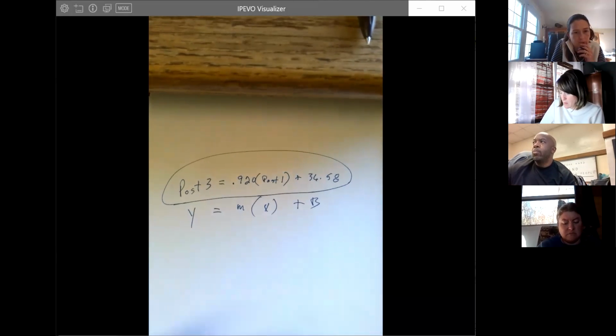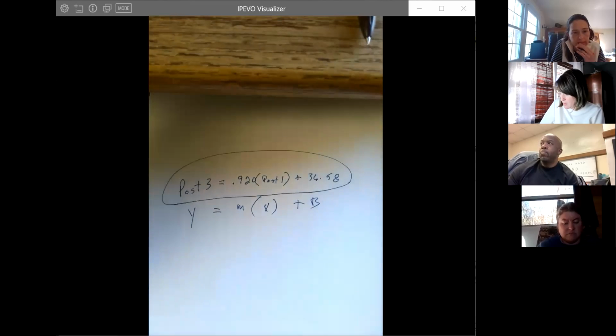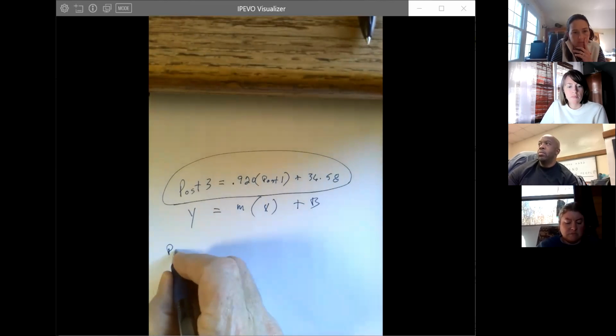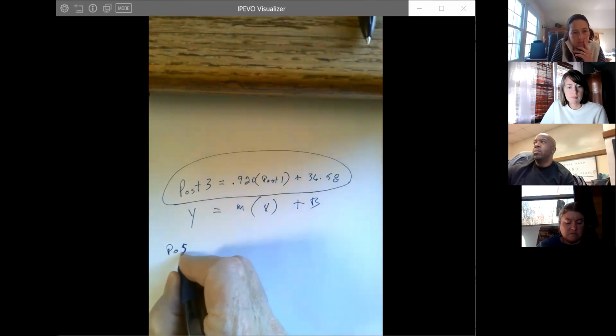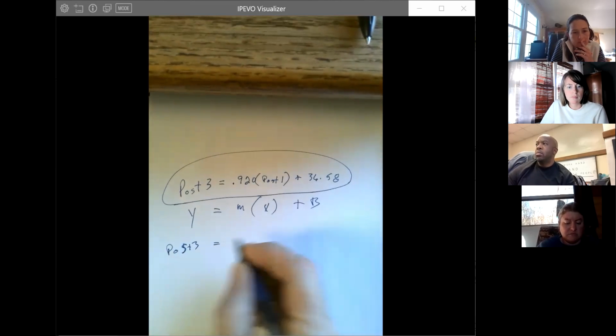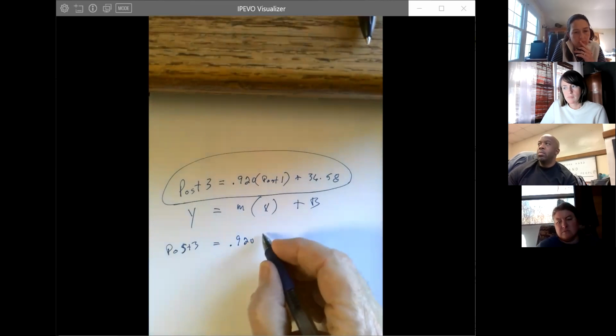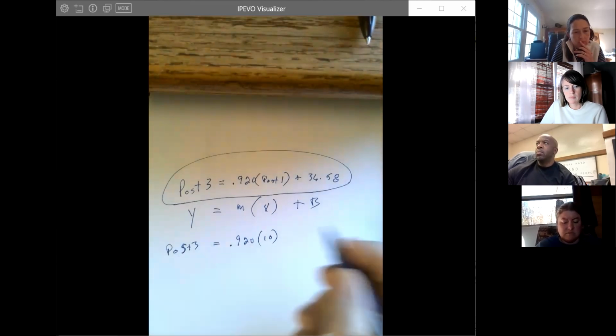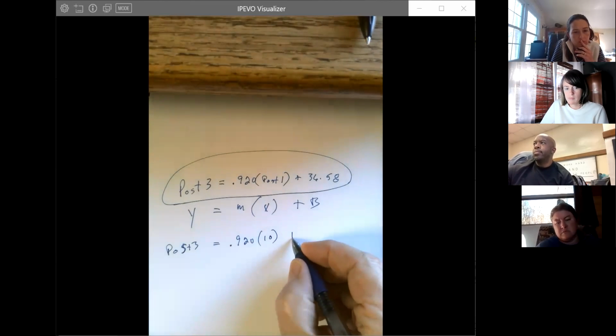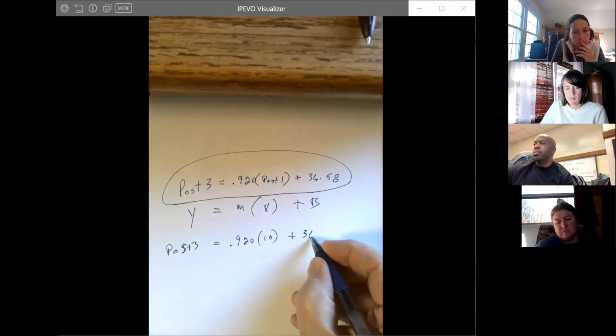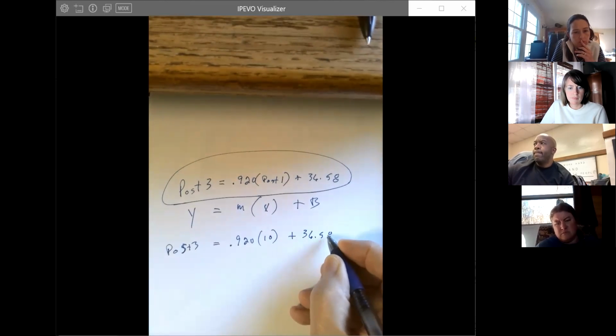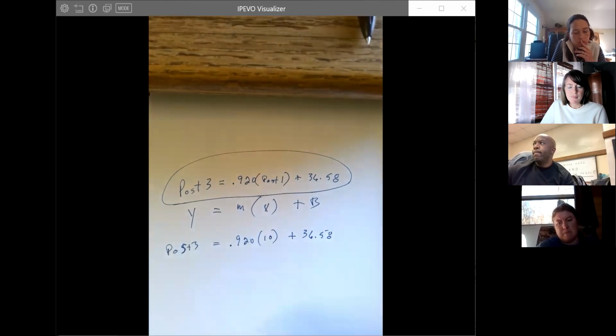So if I had a post-1 score of 10, say, .92, that was the unstandardized coefficient, times 10, which would be the post-1 score, plus 36.58. Then I would predict the post-3 score to be